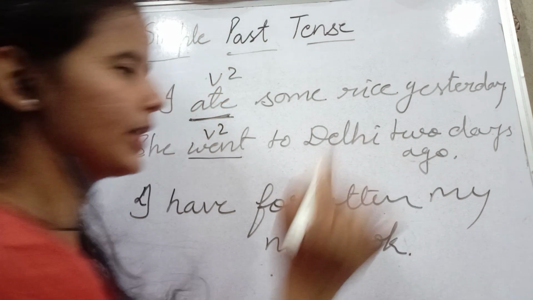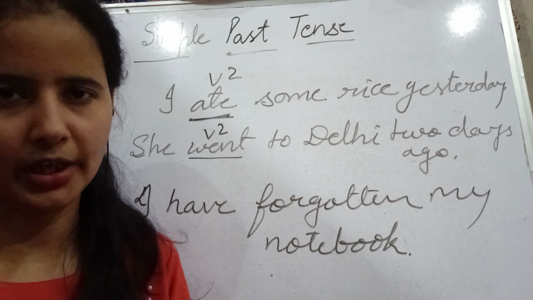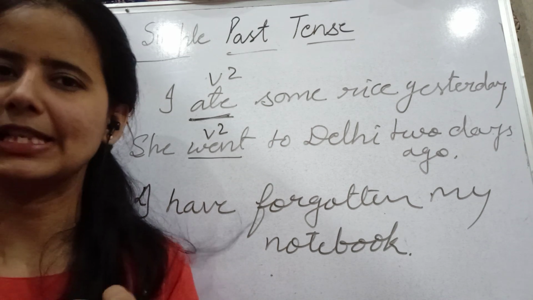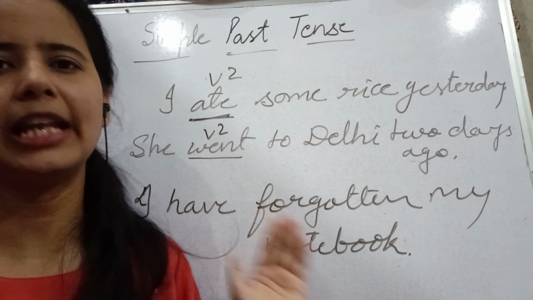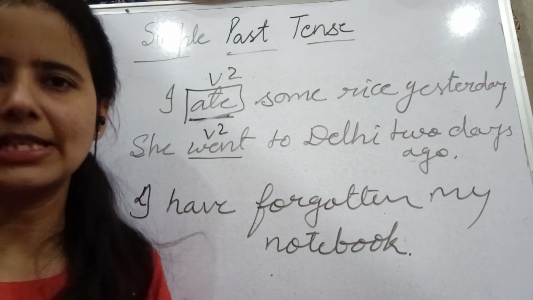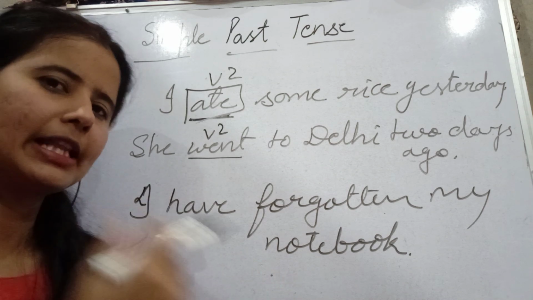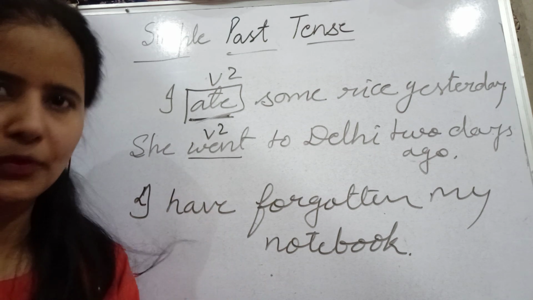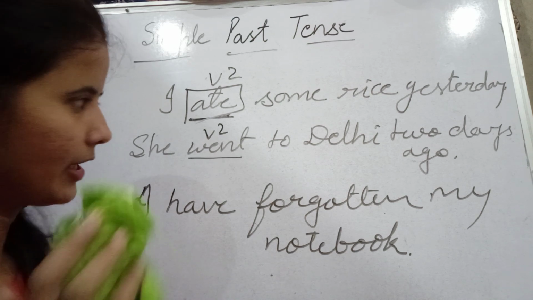So like this, you have to identify, okay, whether the action is affecting the present or not. If it is related to present, if it is affecting your present, definitely you have to form the sentence into present perfect tense. And if it is not affecting, it is totally unrelated to the present, then you need to form the sentence into simple past tense. So this was the first use of simple past tense, means the event that has taken place in the past. Okay, to express past event or past action, we have to use simple past tense, and the action has been completed, the action is not going on, that remember.